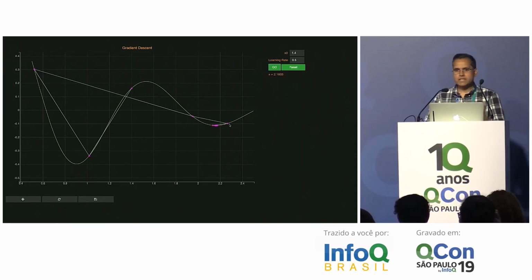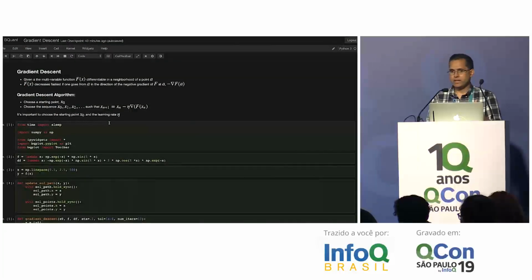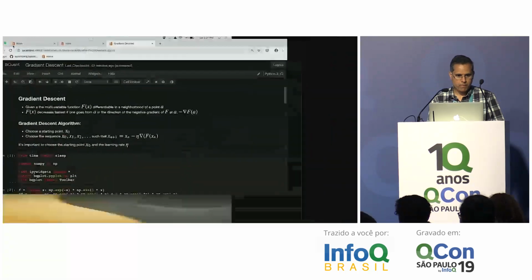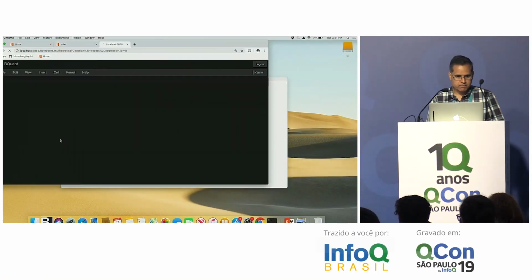So again, these kind of interactive plots will really help us understand these kinds of optimization algorithms and models. And these notebooks can be used as training material when you want to teach these data science and machine learning algorithms to students. The final example I have is